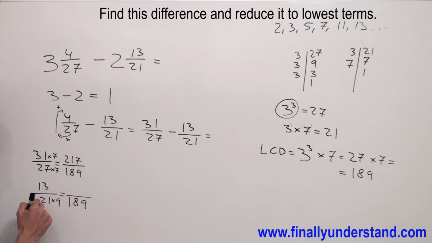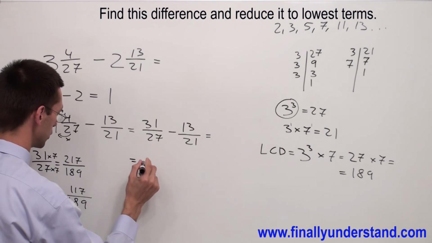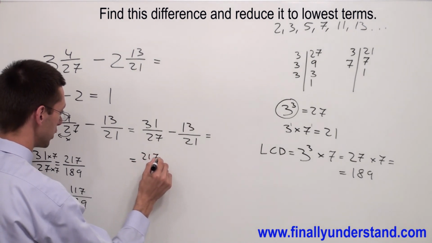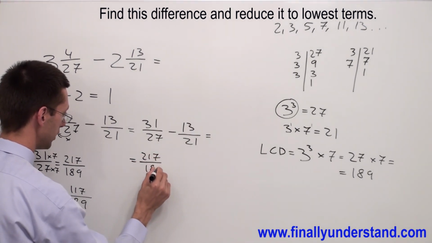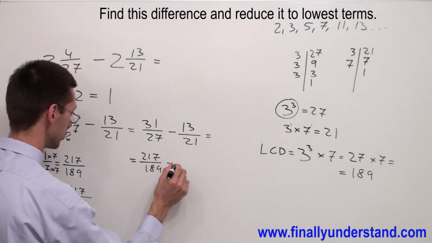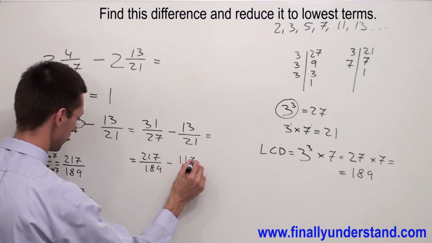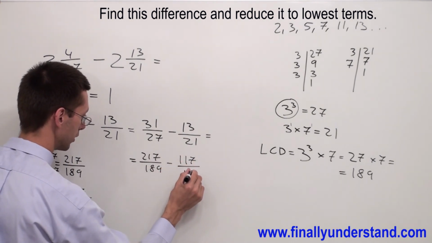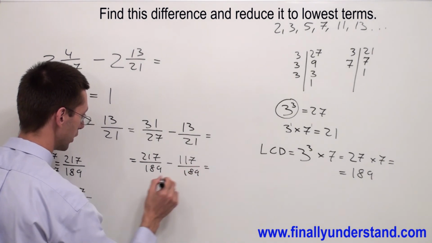Okay? By what number do I have to multiply 21 to get 189? By 9. By what number do I have to multiply the numerator? Exactly the same, by 9. 13 times 9 is 117. Okay, so now I can copy these equivalent fractions into my equation, which is equal to 217 over 189 minus 117 over 189, which is equal